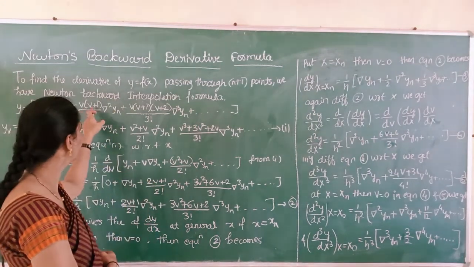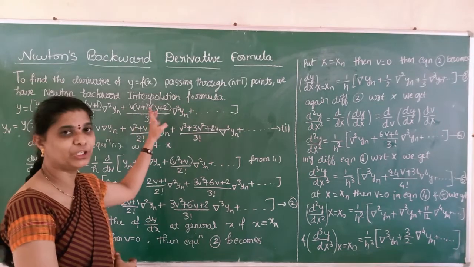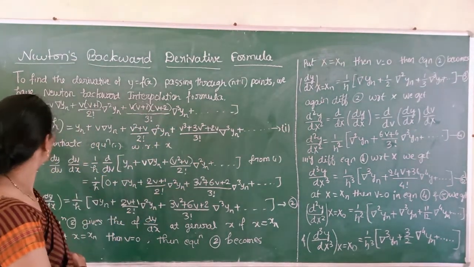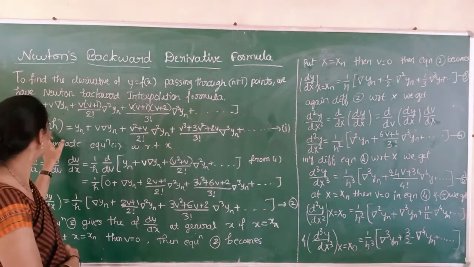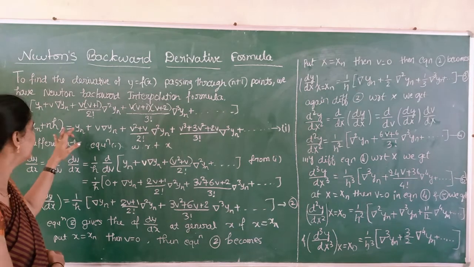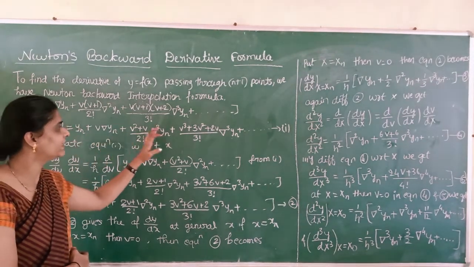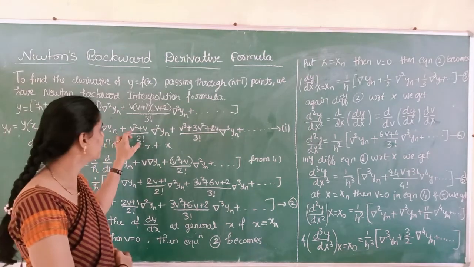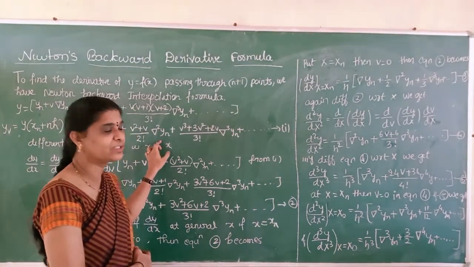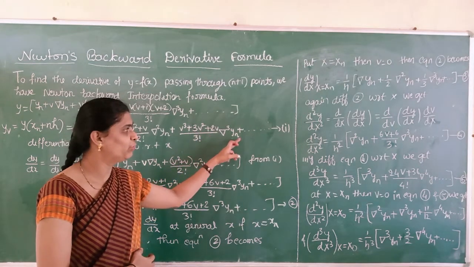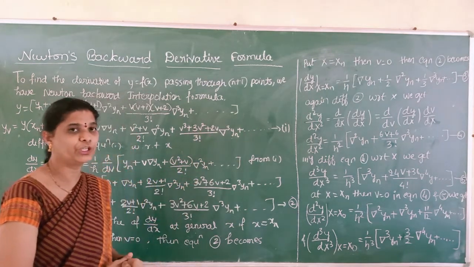Now multiply v into v plus 1, v into v plus 1 into v plus 2, and we will get another form of the equation, that is y of xn plus vh, because we have substituted the values at the point x is equal to xn plus vh itself, and the remaining right hand side becomes as it is, that is yn plus v del yn plus v square plus v upon 2 factorial del square yn plus v cube plus 3v square plus 2v upon 3 factorial del cube yn plus so on. We call it equation number 1.